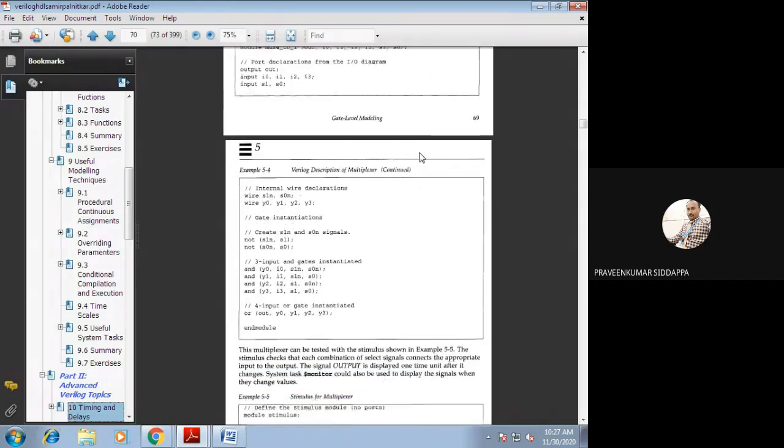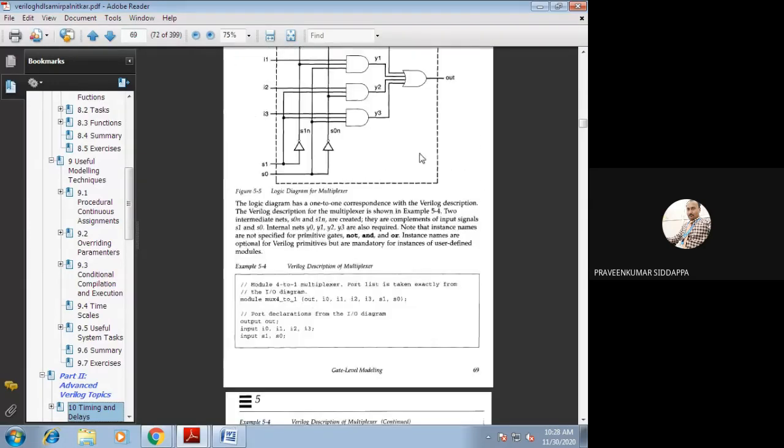Okay, so after that, how will you write the body part? Whatever we have written up to that, you call it the model definition. Whenever you have written up to that, your block diagram should be created. So next you should write the body part. The body part contains the boolean expression of your code, that is the operation. So first here we should write these two NOT gates.